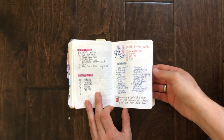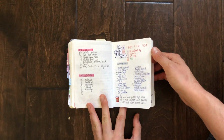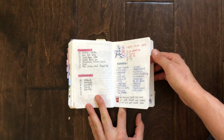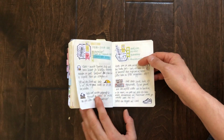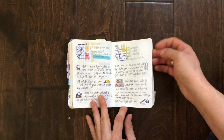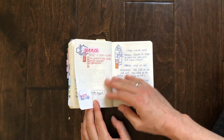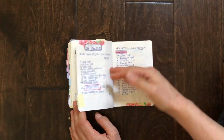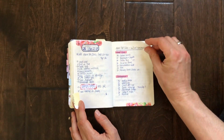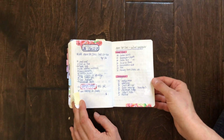I filmed a flip through, and then I usually rewatch my flip throughs and write down all the things that I want to link, and I just added them right underneath where I filmed it, wrote it down, and then used this as my worksheet. And so we're already in mid-June, and this is what it looks like. I didn't write down anything on Saturday, Sunday even more. And then June, the last week of June,